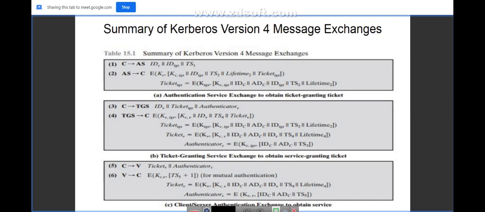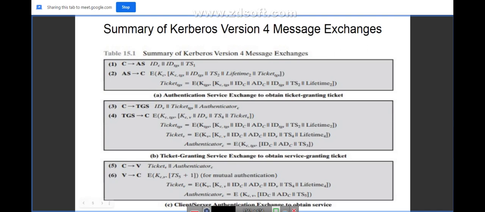Now the client has a reusable service granting ticket for V. When the client presents this ticket, as shown in the fifth message, that is C to V, it also sends an authenticator.